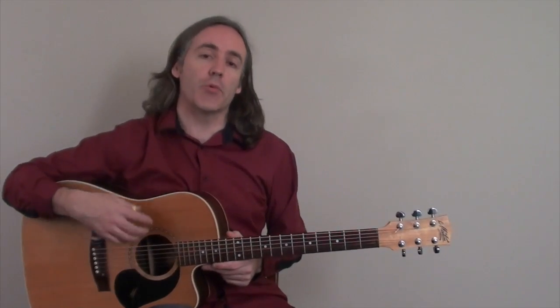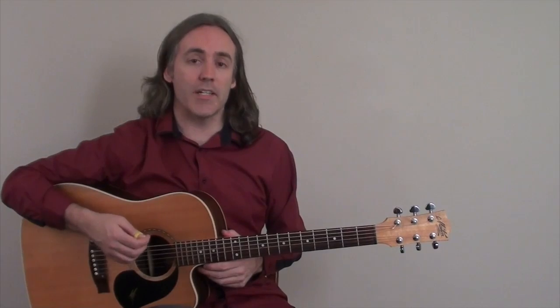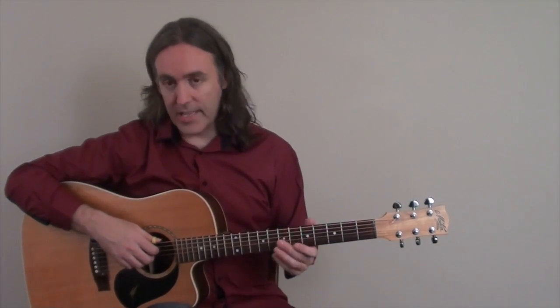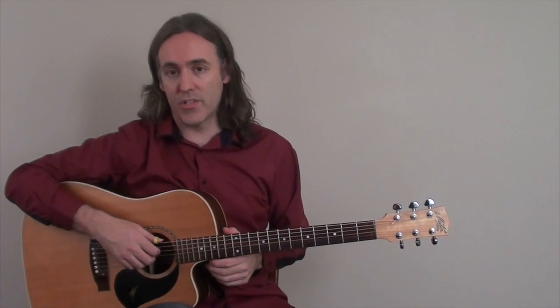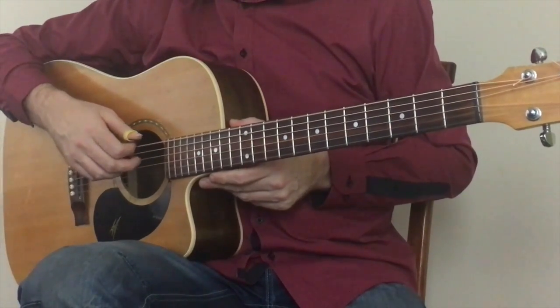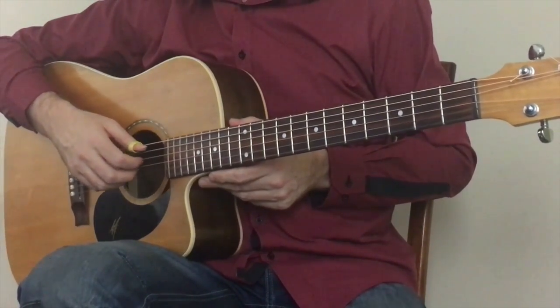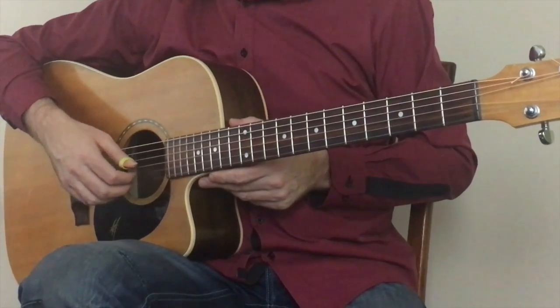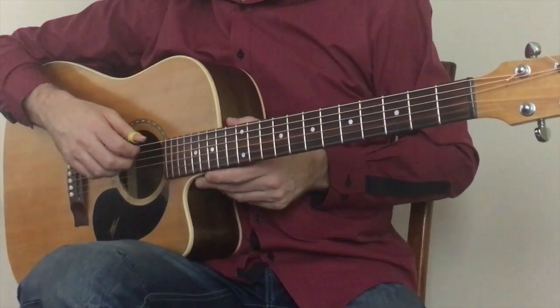Now we're not actually going to be doing banjo rolls here, we're just going to be utilizing the banjo roll pattern. So when we're ascending our scale, I'll play that forward roll across 6 strings, and I'm going to be playing in string sets of 3. I'm going to be playing 6, 5, 4, that's one forward banjo roll, then 5, 4, 3, 4, 3, 2, 3, 2, and 1. So when I put all that together,